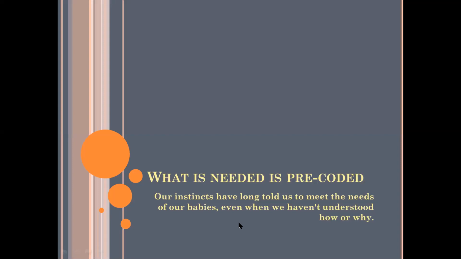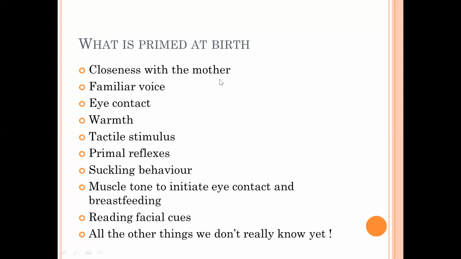What is needed is pre-coded. Our instincts have long told us to meet the needs of our babies, even if we have not understood why. So, you don't need to know all the science, okay? What is primed at birth? Closeness with mother, familiar voice, eye contact, warmth, tactile stimulus, primal reflexes, suckling behavior, muscle tone to initiate eye contact